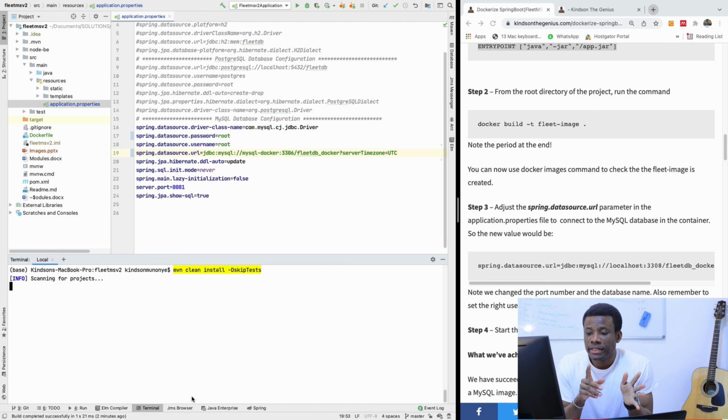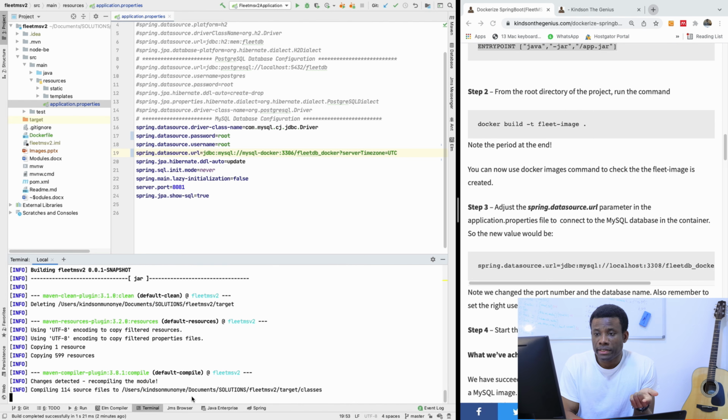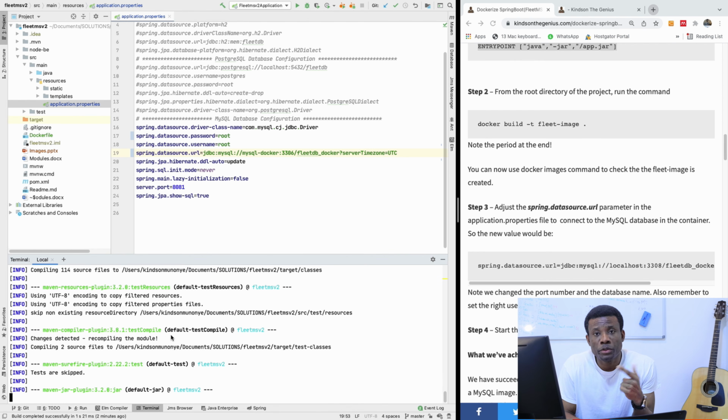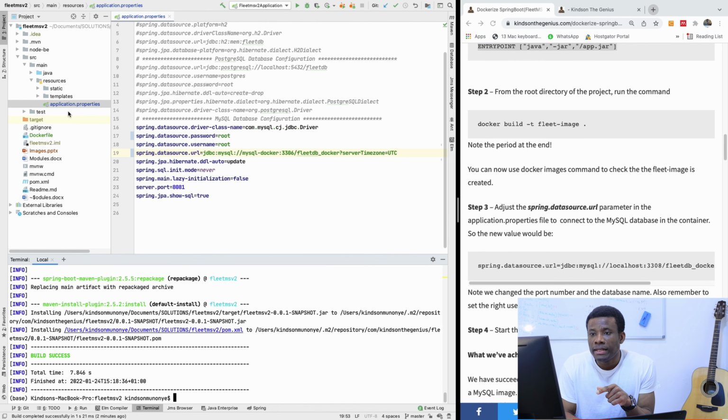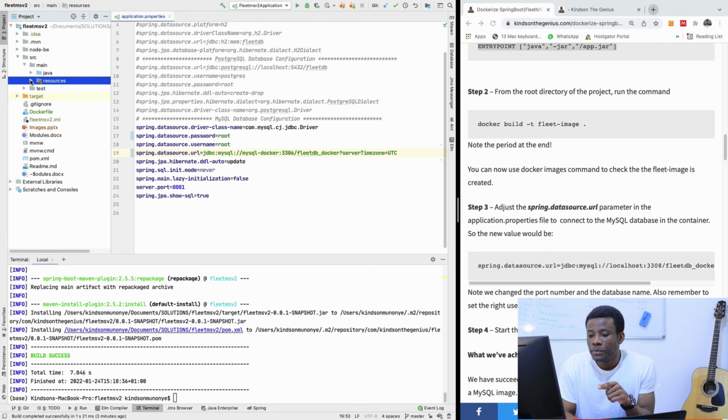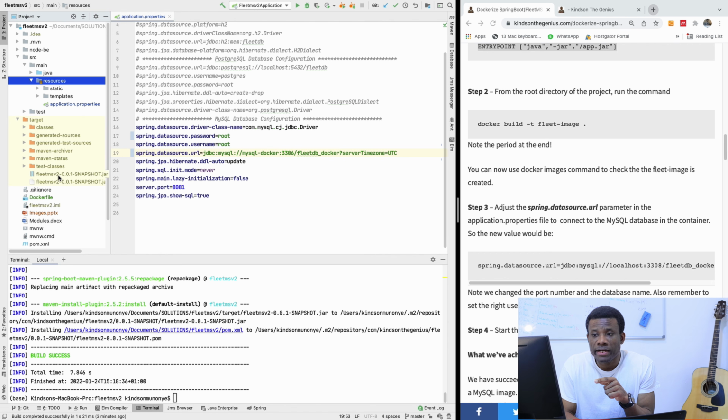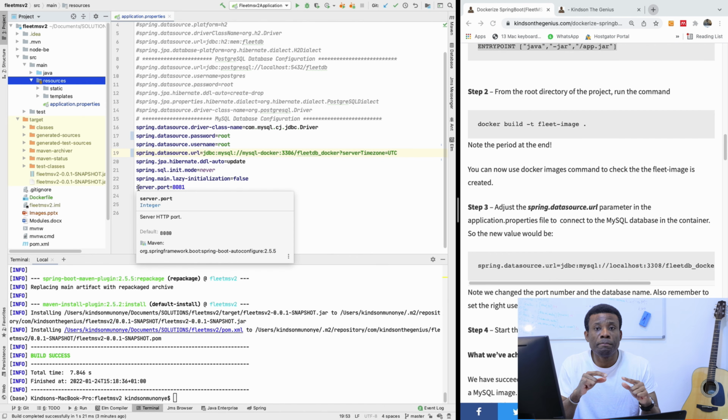So I'm going to build the jar file for our application, because we need the jar file to build the image of this application. And once it's complete, we should be able to see in the target the jar file created right here, FleetMS-0.0.1-SNAPSHOT.jar, the same name we gave inside the